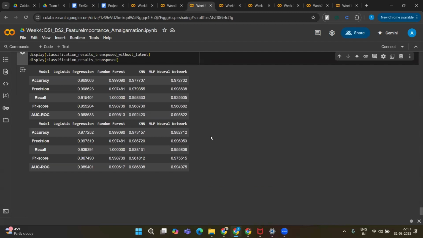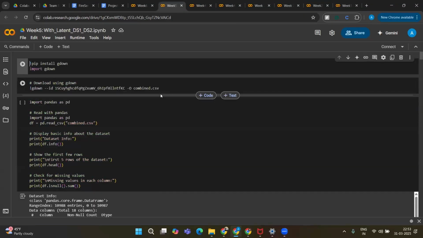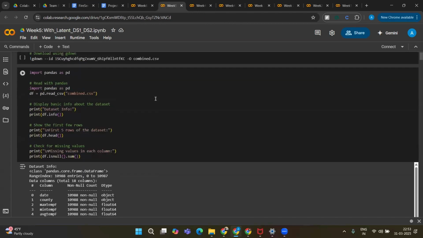Yeah, this is the comparison. Here you can see columns with latent features, accuracy is more compared to columns without latent features. So coming to the week 5 assignment, here also we performed principal component analysis along with t-SNE to increase the accuracy